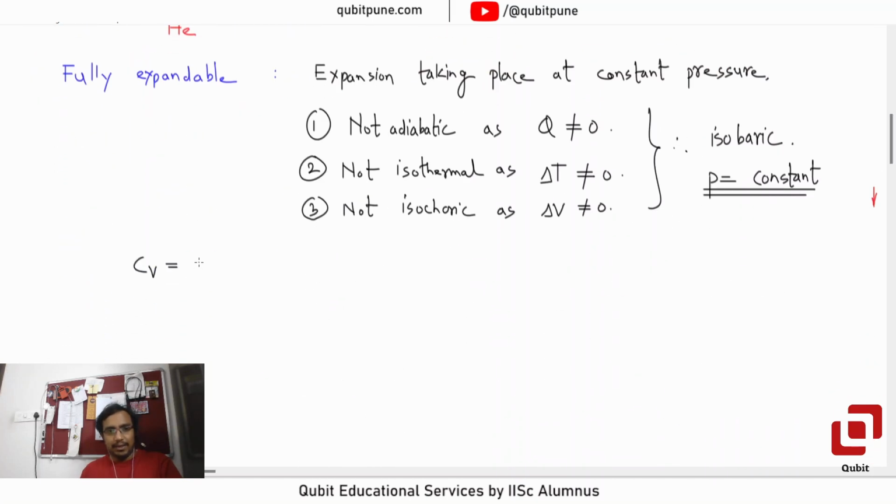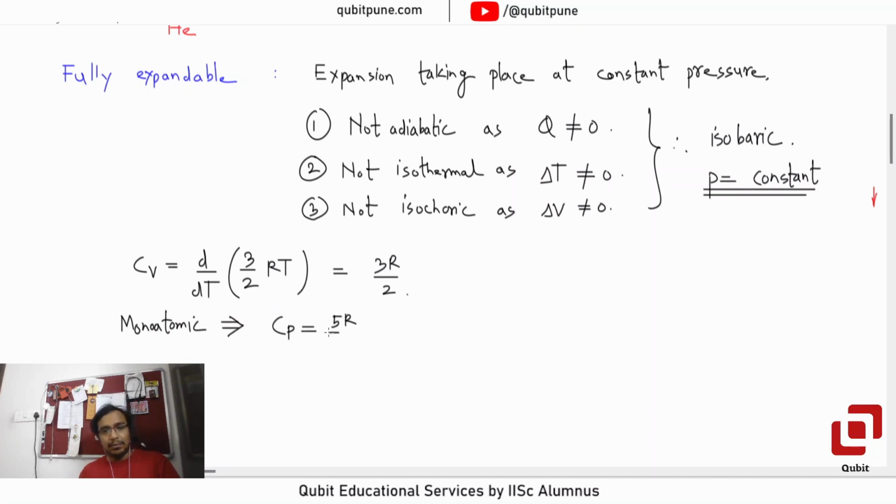So Cv has to be the derivative of 3 by 2 RT per mole, so that has to be 3R by 2. Monoatomic implies Cp is equal to 5R by 2, and therefore heat supplied